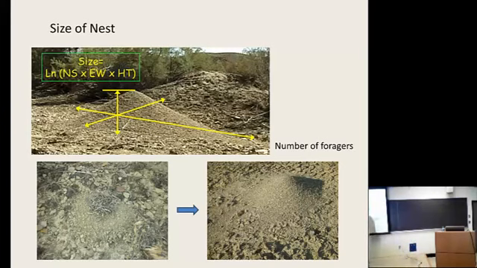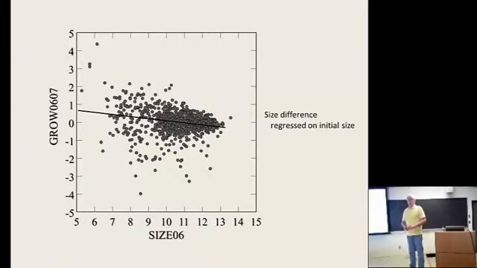Now colonies go from little tiny colonies that we see in their first year, here's a penny, little colony, to big mature colonies, and its tag. So from those size data, we also get information on colony growth. And this is just growth in one time interval, because every time interval looks pretty much the same. This is growth from 2006 to 2007. It's the size difference between those 2 years, plotted against the original size.